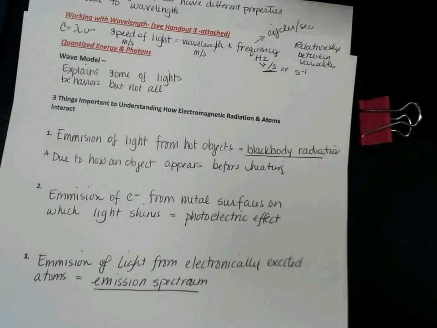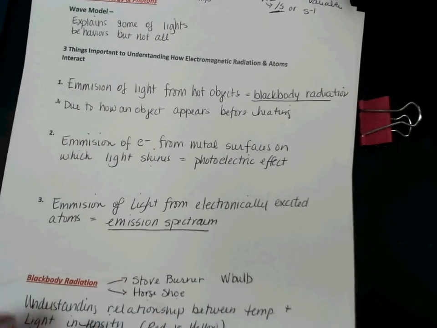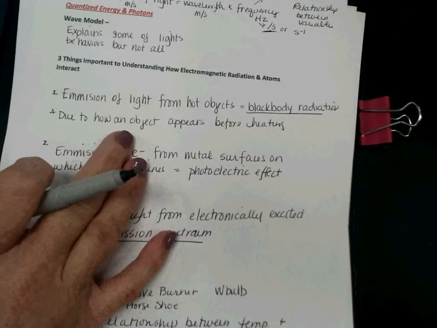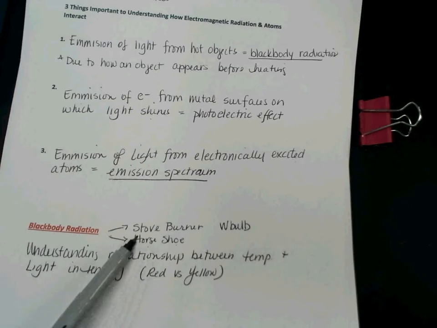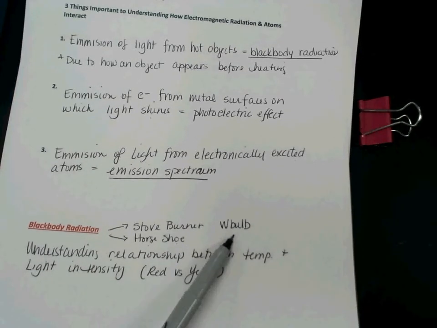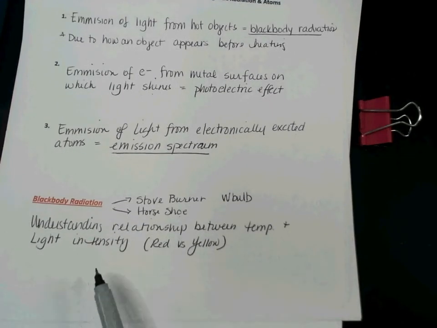So those are your three different things we have to talk about there. And I wanted to just hit each one just a little bit harder. The first one I talked about was black body radiation. Yesterday I mentioned that stove burner and horseshoe, tungsten light bulb, if you've ever seen one of those, that's another. And this black body radiation, by moving on and learning more about light, it helps us understand